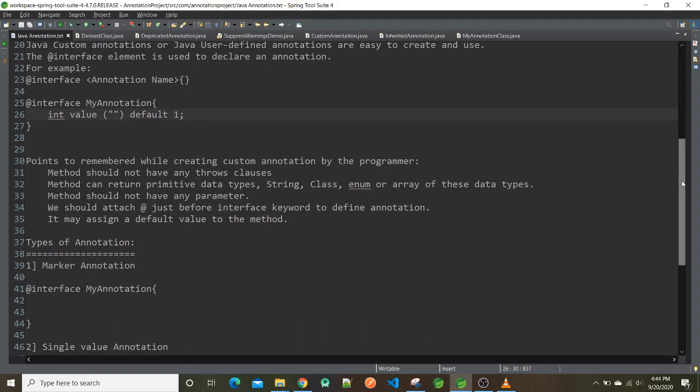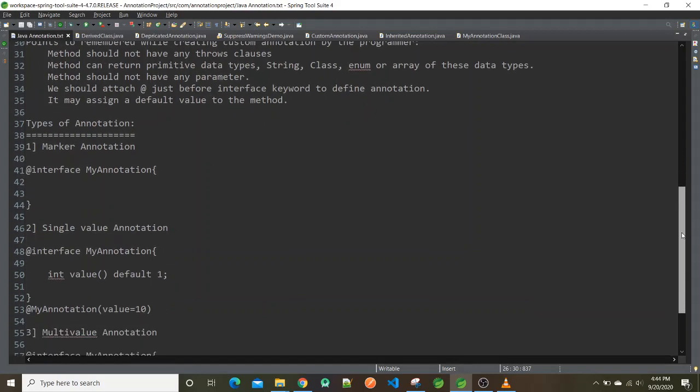There are actually three types of annotation: marker annotation, single value annotation, and multi-value annotation. Marker annotations are annotations which don't have any methods in them. The simple way to declare a marker annotation is @interface followed by whatever annotation name you want to create, and then open and close curly braces.